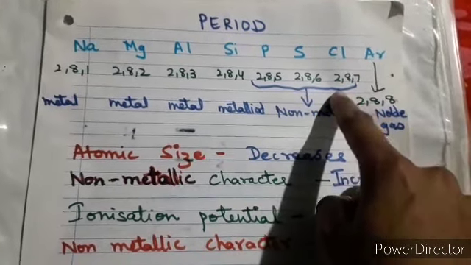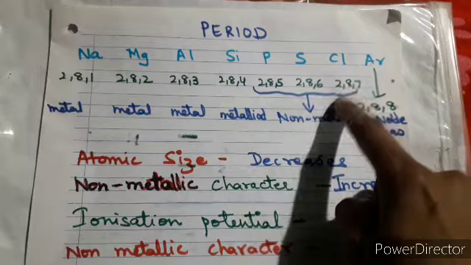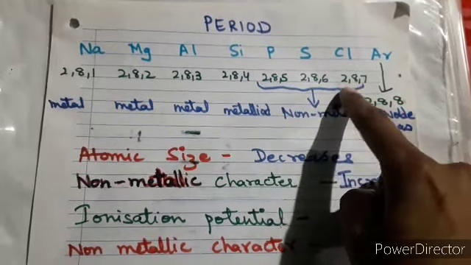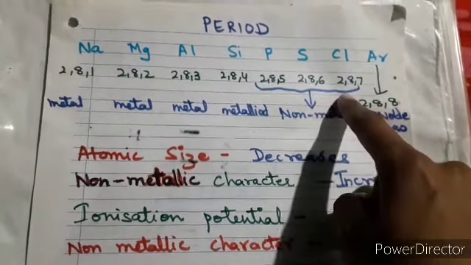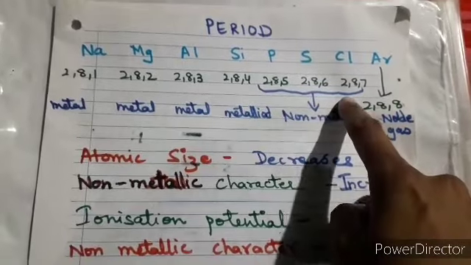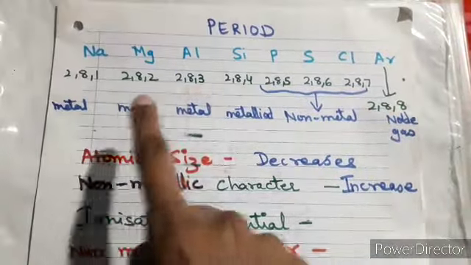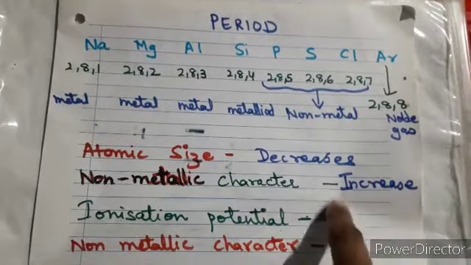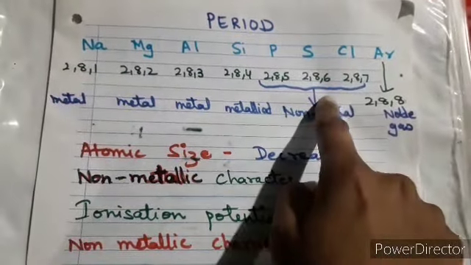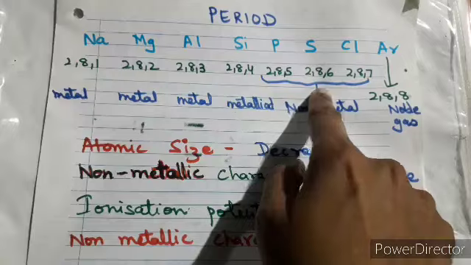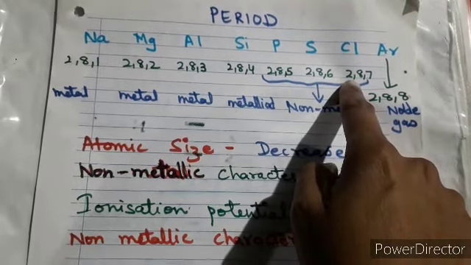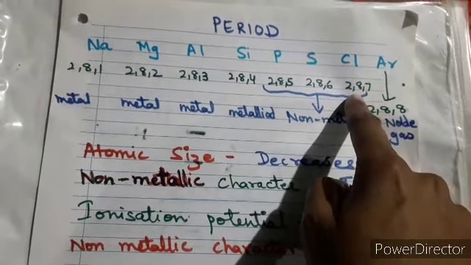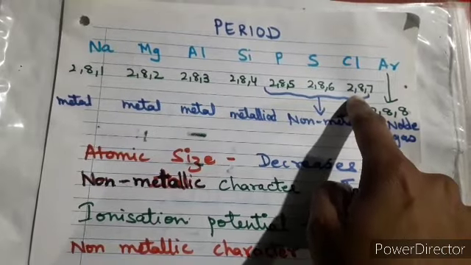So that energy is what? Ionization potential. So over here your ionization potential is high, right? So when you move in a period from left to right, the ionization potential is increasing. This we have already seen, and I have also explained why it is increasing. You are forcing it to remove the electron from its outermost orbit.